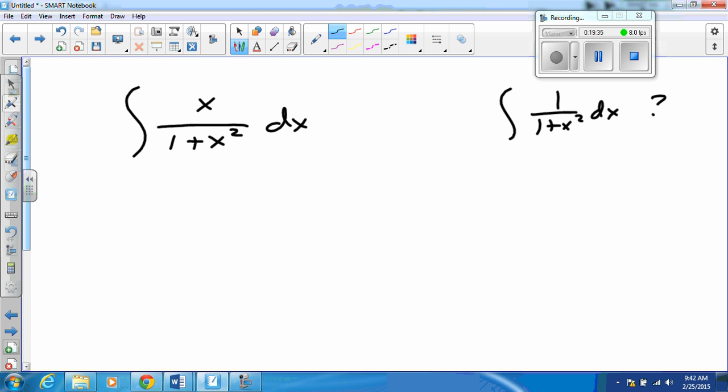Okay? So I see that I have the x right here, and so I wonder, is there anything that I could do with the x? I briefly flirt with the idea of trying to pull it to the outside, but then I realize, no, that's a constant multiple rule, and x is not a constant. So there can't be anything like that. Then I think, well, maybe could I do some algebra? And I realize that this fraction right here, x over 1 plus x squared, is already as simple as it gets. There aren't any common factors that I can cancel or anything like that. So I'm stuck with the algebra first idea doesn't really go anywhere.